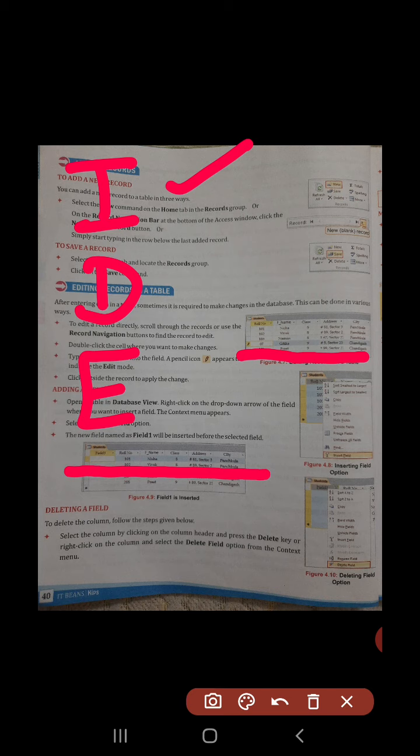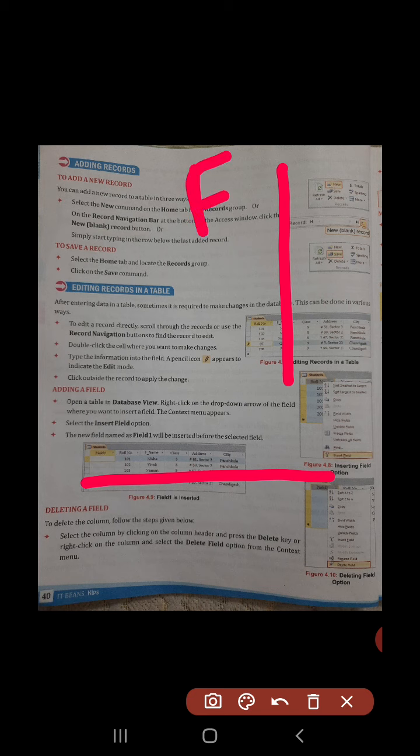First you select the column or the field, and then you can insert any new column or field. You can delete any existing column or field, or you can do any type of editing in the column or the field. The method will remain the same. As we very well know, these are the columns and these are rows. Columns are called fields and rows are called records. This we know very well.